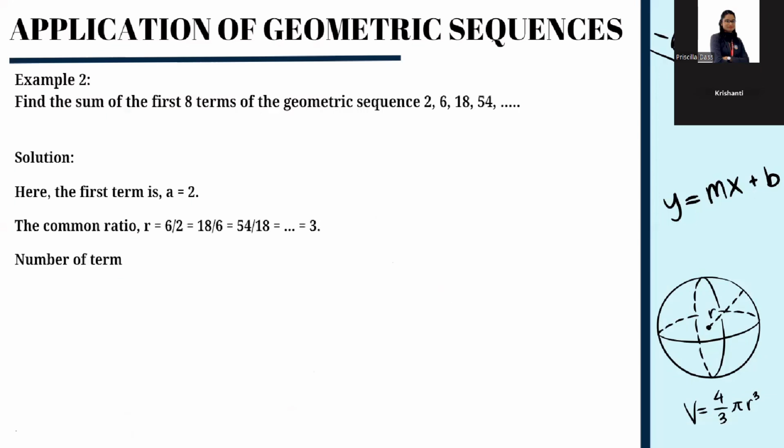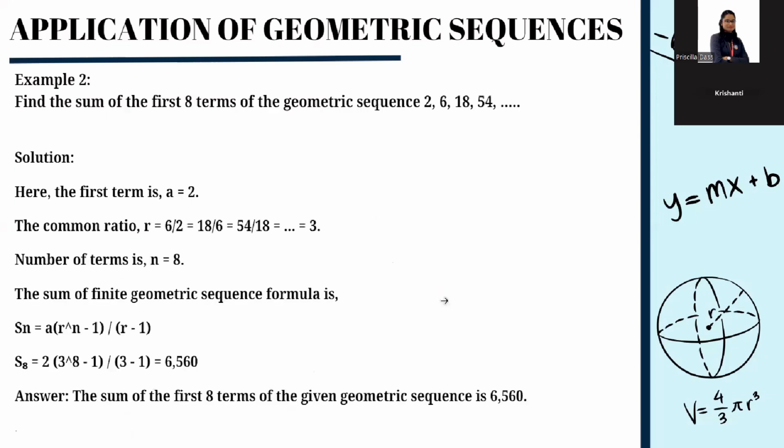For the second example, we have to find the sum of the first 8 terms of the geometric sequence 2, 6, 18, 54. For the solution, we still need to identify the terms first, and then we can find the sum of the geometric sequence. Firstly, the first term is a = 2, which is the first number. Then the common ratio, as I said just now,